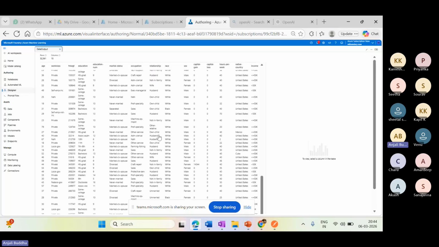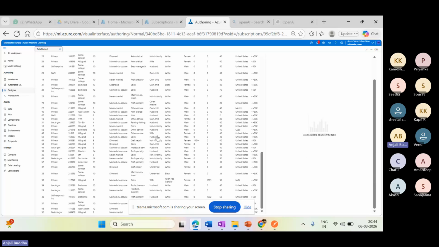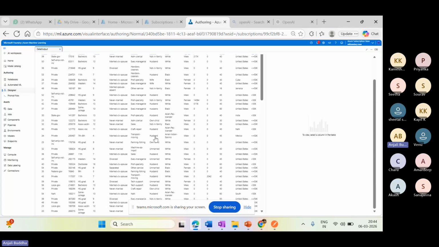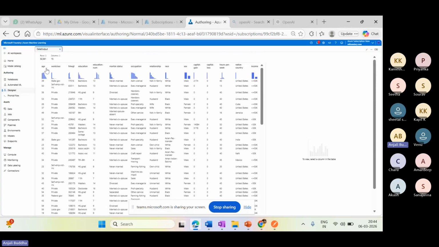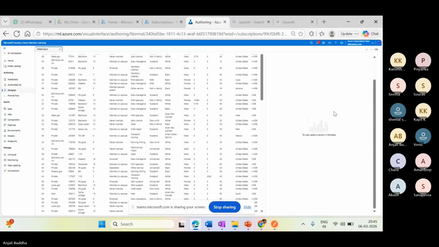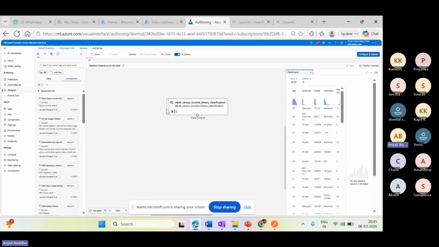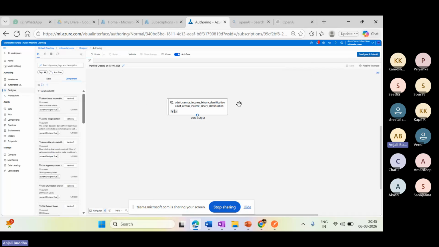So this is the data that I have for training my model. Here you can see we have age, work class, education, education number, marital status, relationship, race. There are a lot of columns which we have. Okay, fine. So we are ready with the data right now. So next, what is the step that we can do based on our discussion till now?